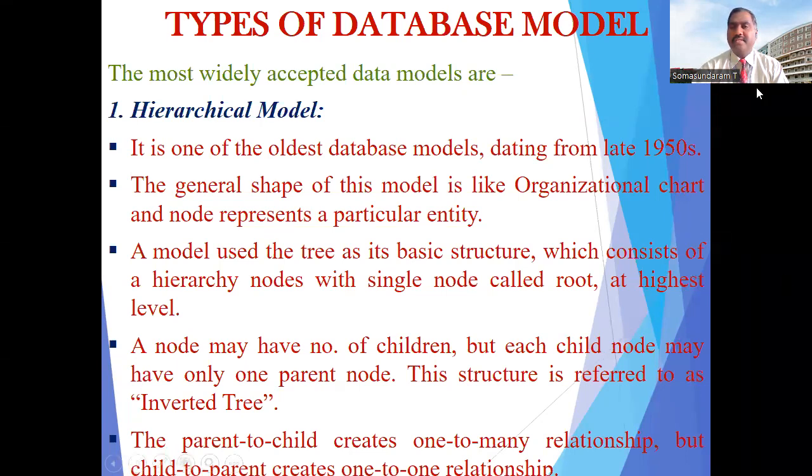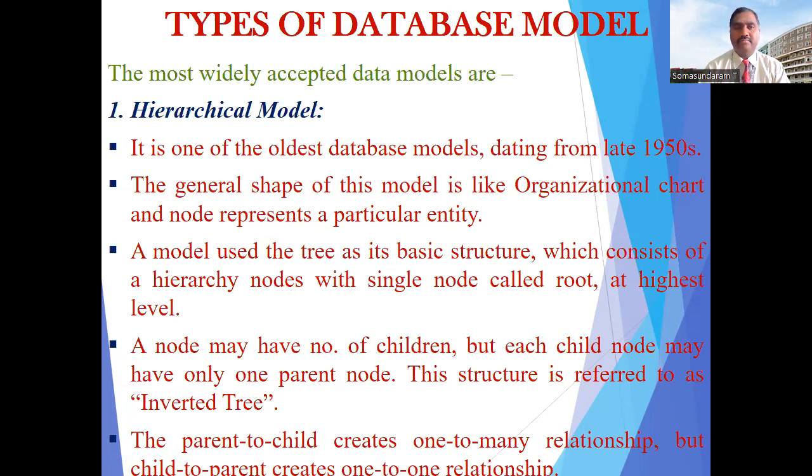There are three basic types of database models available. The first model is the hierarchical model. This is a very basic as well as old database model, which is followed by most companies even till now. If you see the structure, it looks like an organization chart, with hierarchical levels. The model is in the form of a tree structure, where it has a base and a root. From that we have different branches,